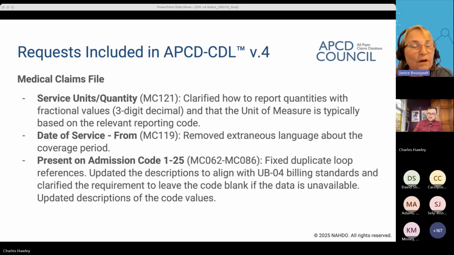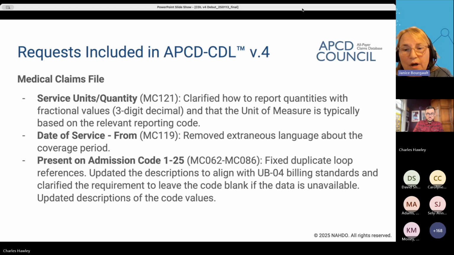For example, for an office visit, the unit is usually 1, it's 1 visit. For ambulance, the codes refer to the number of units being in miles. So language was clarified to designate that, and this should also reflect how claims are being billed as far as what's filled in that quantity field.